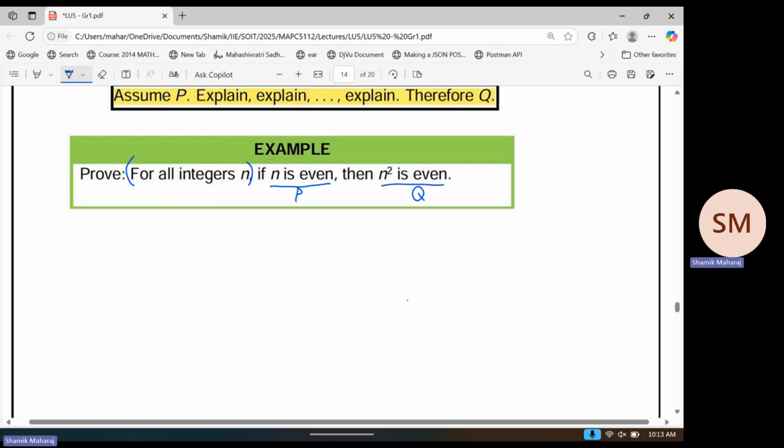If P, then Q. So remember, as we said, we start by assuming P to be true. And from there, we need to mathematically deduce Q. So that's the way we do these things. All right, so assume P to be true. Somehow explain, explain, explain, which is the mathematical process of using our logical operations. And then we get to Q. So how do we write this down? How do we write P down mathematically? Anyone has any ideas how to write an even number mathematically? Something like